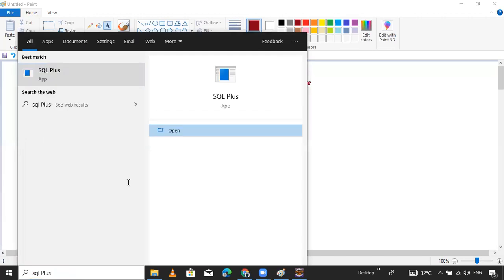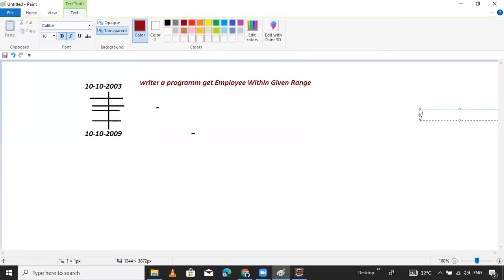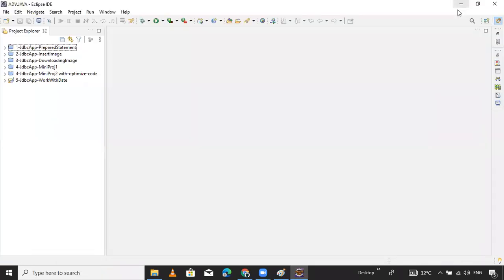Right now, I think only one row is there from the last class. This is the work with the date, the last examples.